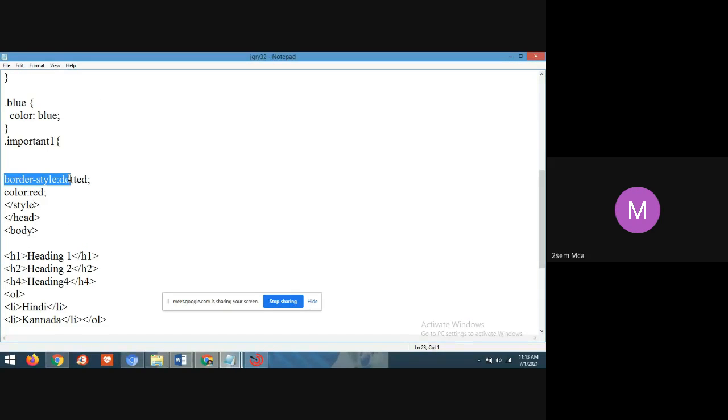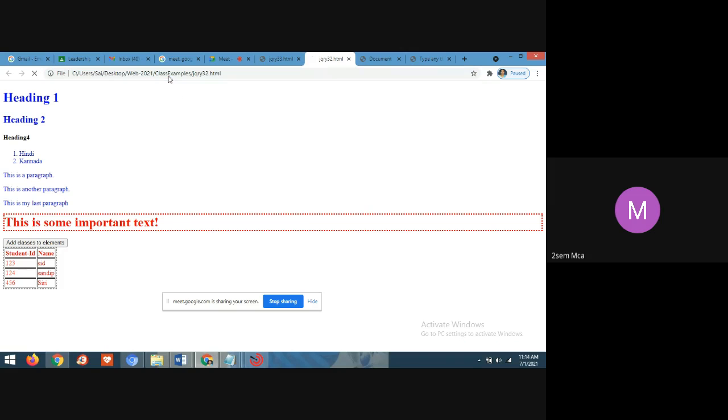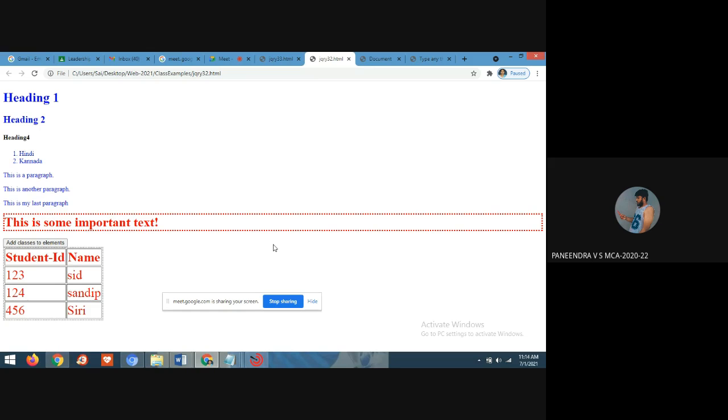See the proper border style dotted, and the color of the table content should be red. And the font size also I will include. Font size large. Now I will refresh. You can observe. Yes, students. Yes, ma'am. It's changed.